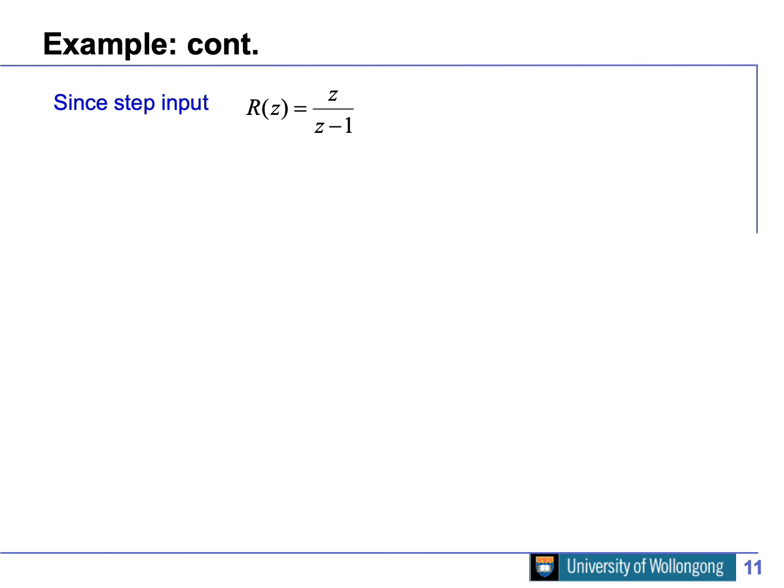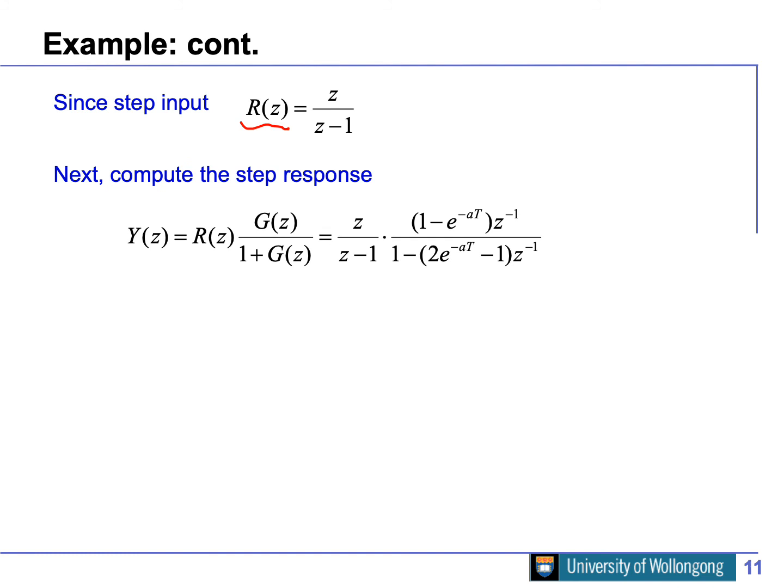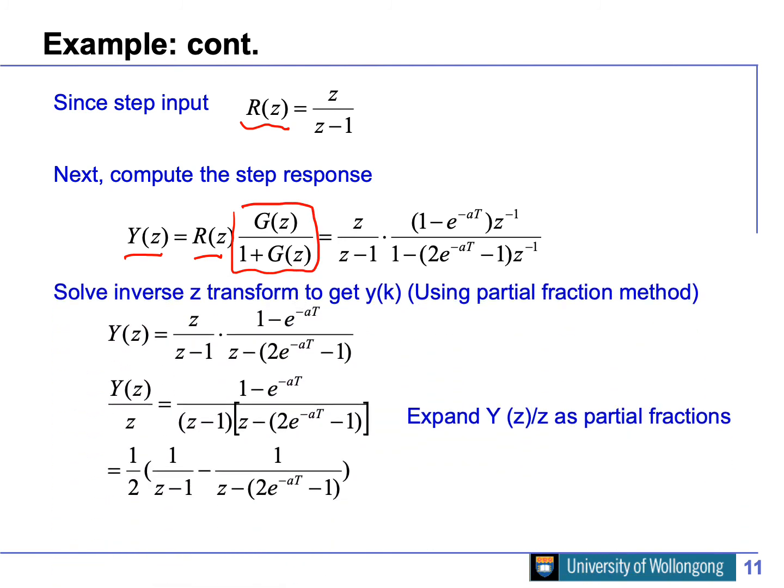So when we got this transfer function, the next step is to look at the input signal. That's the input signal. Then output is simply equal to the input multiplied with this whole transfer function. Alright, so pretty much just multiply them together and do a little bit of simplification. We got our Y(z) is this. Don't be scared by this. We wanted to know the signal in time domain. So eventually we wanted to know